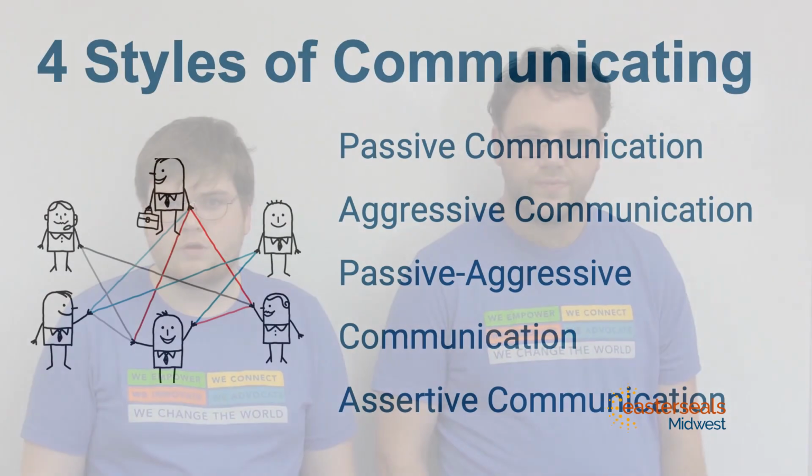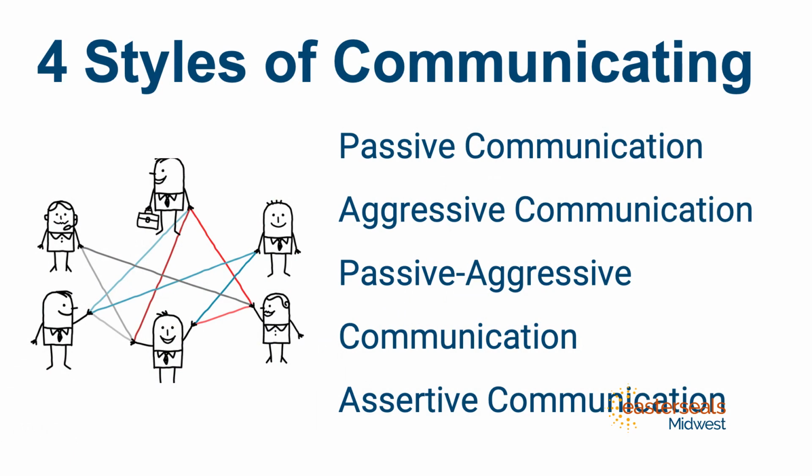There are 4 major styles of the ways that people convey their message. When we speak about the 4 types, we speak about the act of how we share the message. The style is the message itself, which will include tone, words, volume, and feeling behind the message. Let's go over them. The 4 styles are passive communication, aggressive communication, passive-aggressive communication, and assertive communication.